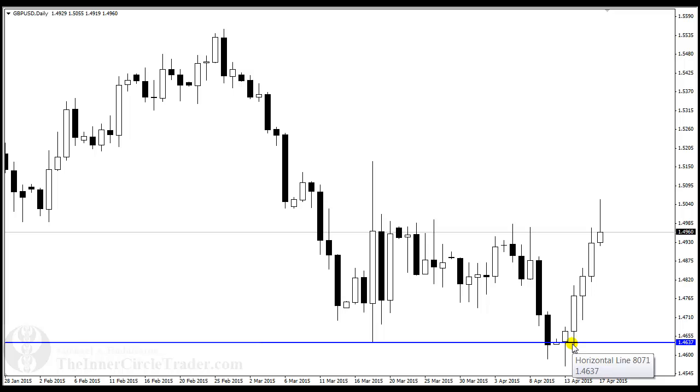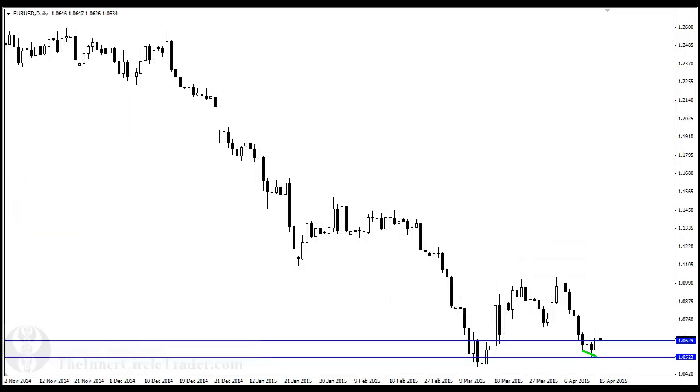Okay, and we had a lower low here on cable. You see that? Fiber was not. Okay, so somebody on a large scale was coming in and accumulating in the market. At the same time, the dollar